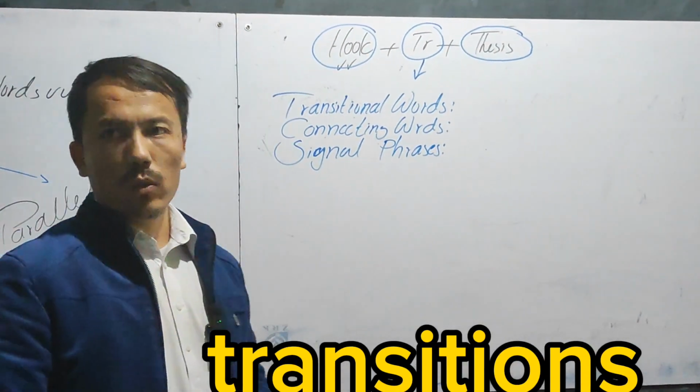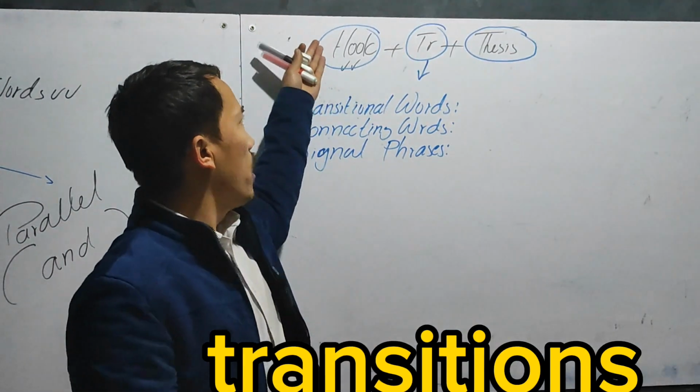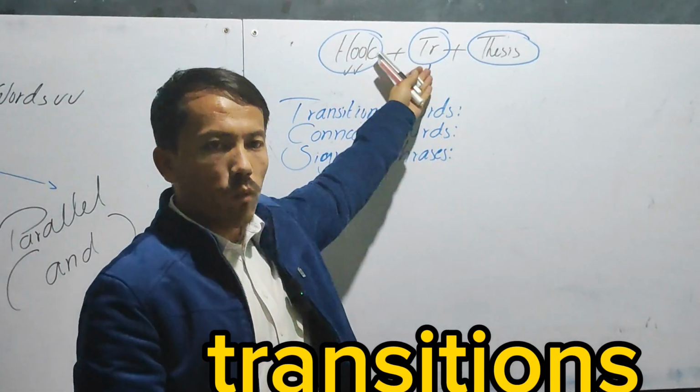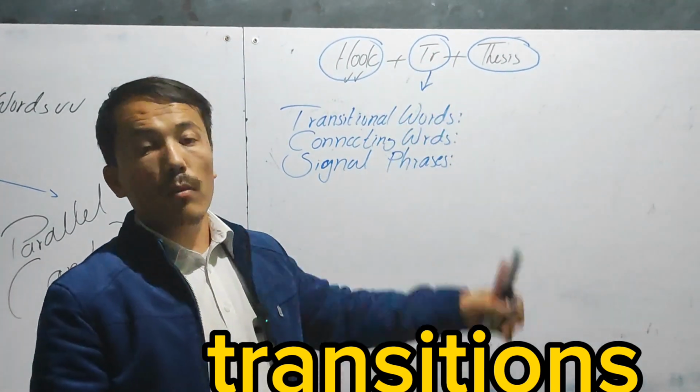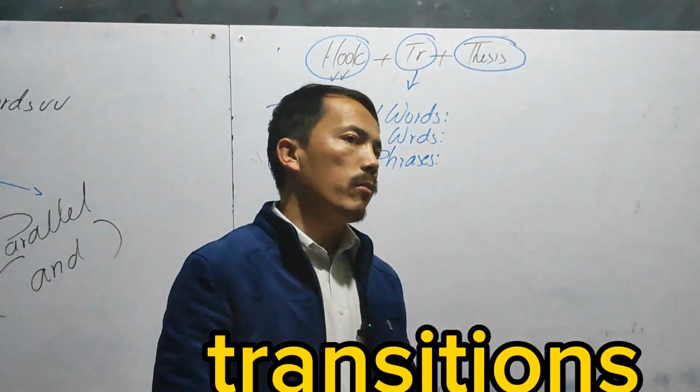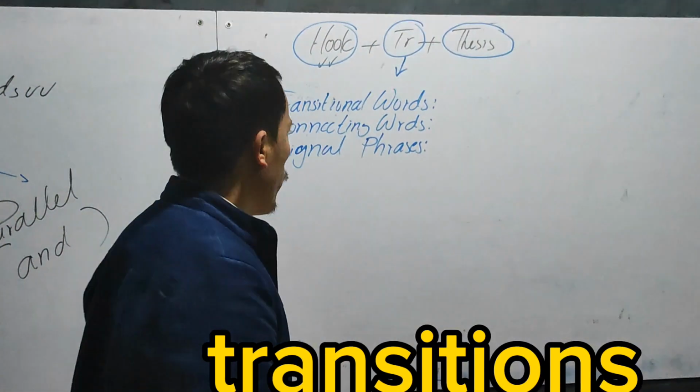They are used to connect 2 sentences or ideas, like the idea of the hook with the idea of the thesis will be connected with the transitional words. Some of them are really famous and I'm going to tell you, and others will be uploaded in your Telegram group. Okay? So the first one is,